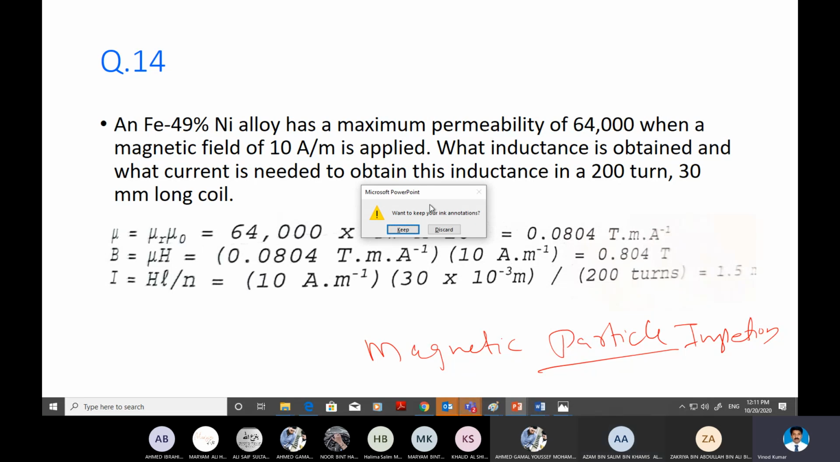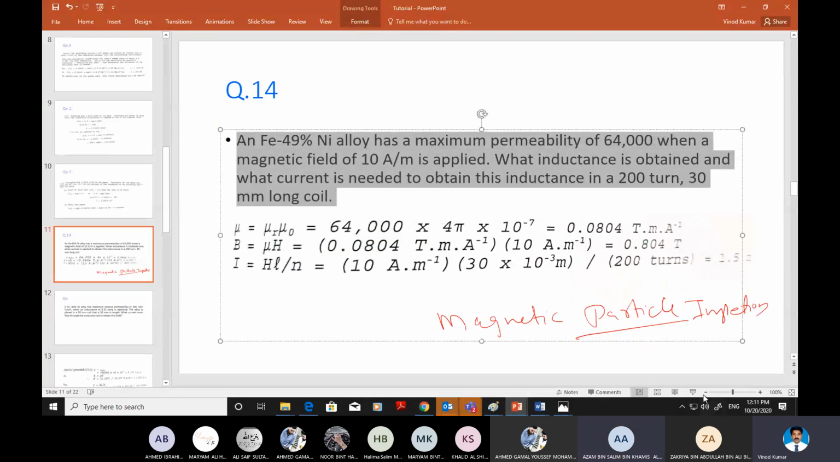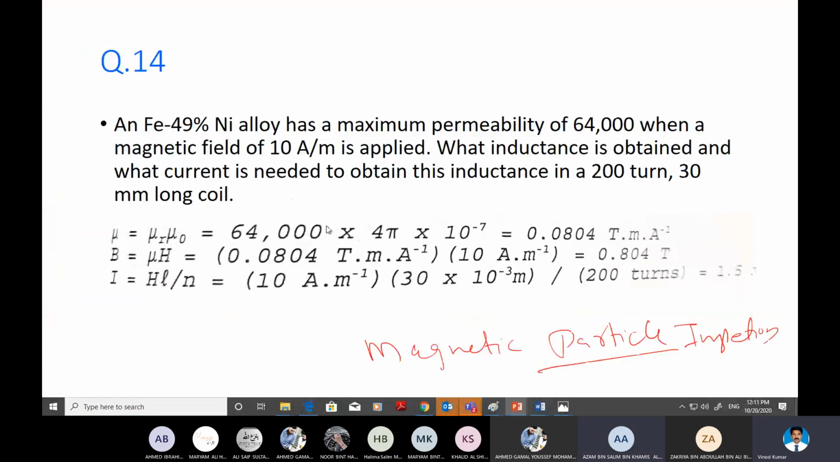So here the question is: an iron nickel alloy has a maximum permeability of 64,000 when a magnetic field of 10 ampere per meter is